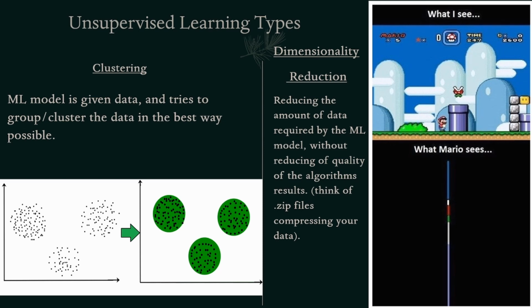Some pieces of data might get overshadowed by other pieces of data. There simply might be way too much of it, so that it would take years upon years to even train your model. So we wanted a fix for that, and dimensionality reduction is one of those fixes. It's pretty straightforward. You can think of dimensionality reduction as reducing the amount of data being processed, but still keeping the underlying meaning of the data behind it.